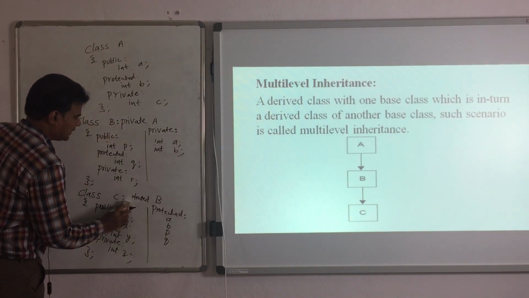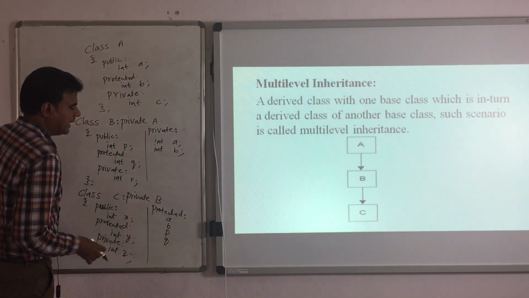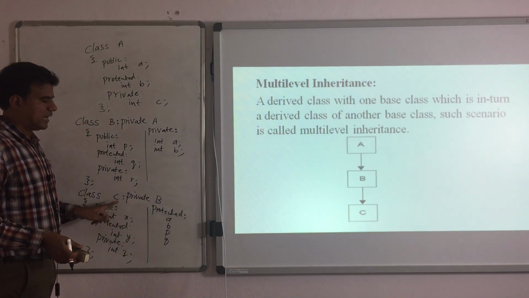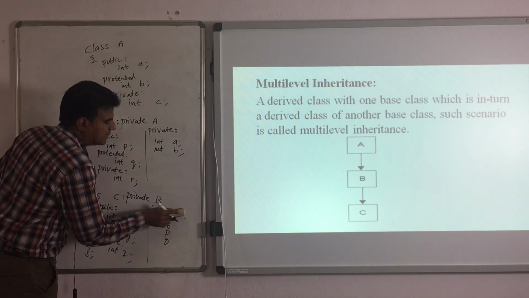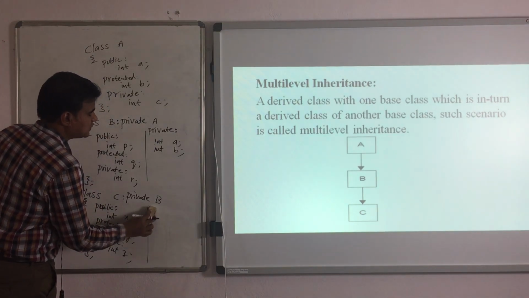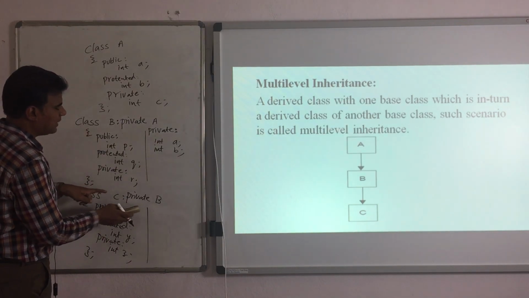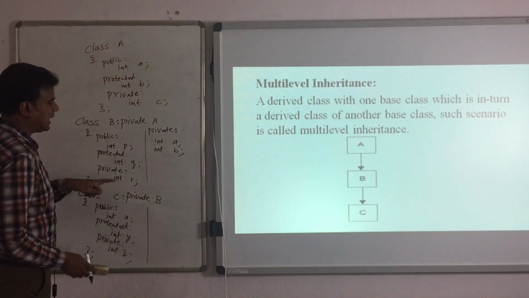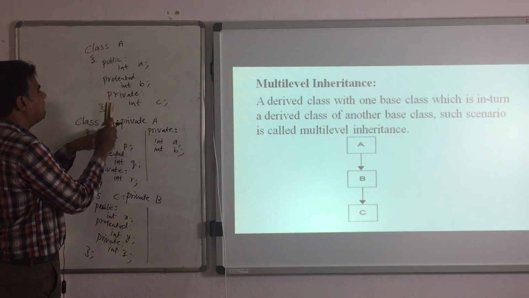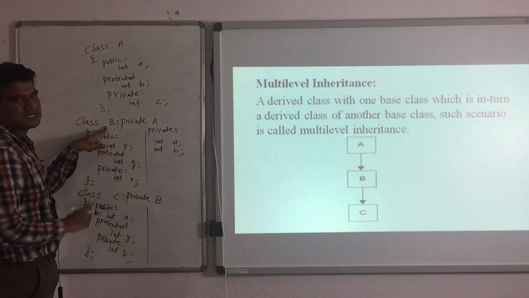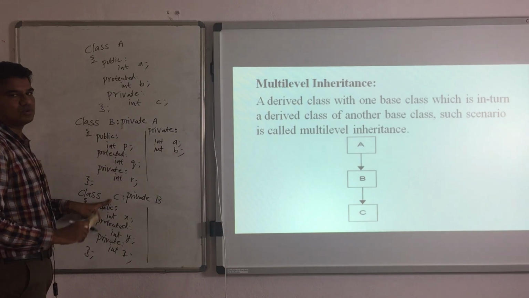So if I inherit my C class in private mode, if I inherit B class, then what will happen? How will my access modifiers change, and what data members can I access? Right now when we are inheriting C class from B class, we have to consider only the B class. Already we discussed extending or inheriting B class from A class in private mode. Right now what I am doing is inheriting my C class from B class in private mode. That we have to discuss.